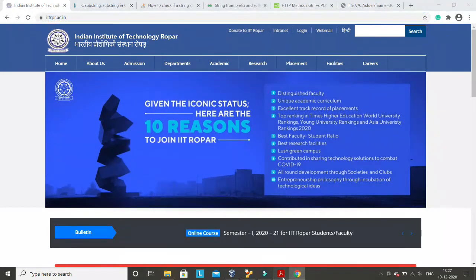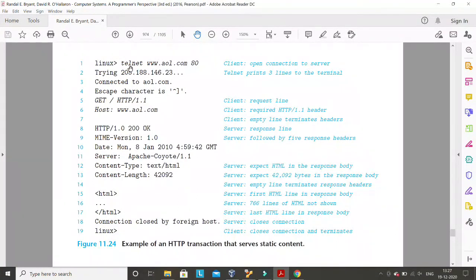So this request has some header. You can see sending a request through this telnet function. Telnet is a command through which you can send a request to a server. The easy way to understand telnet is that instead of using a browser and typing the address in the browser, you can also use telnet from your Linux terminal. It will communicate with the server, and after connecting with the server, it will print it here.